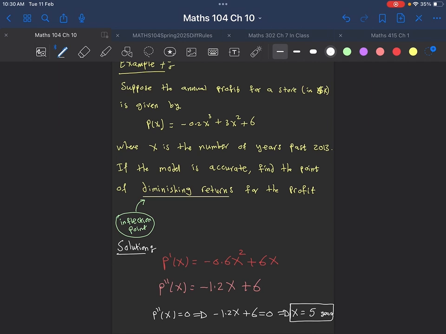So that means the function will start to be concave up. What will happen is that the profit will start to increase before the 5 year mark, and after the 5 year mark, we will have a different behavior, the profit will start to decrease. It will be kind of concave up and concave down. It's like it will go like this, and after 5 years it will start moving in the other direction. So first it will go concave upward, and then after 5 years it will start to